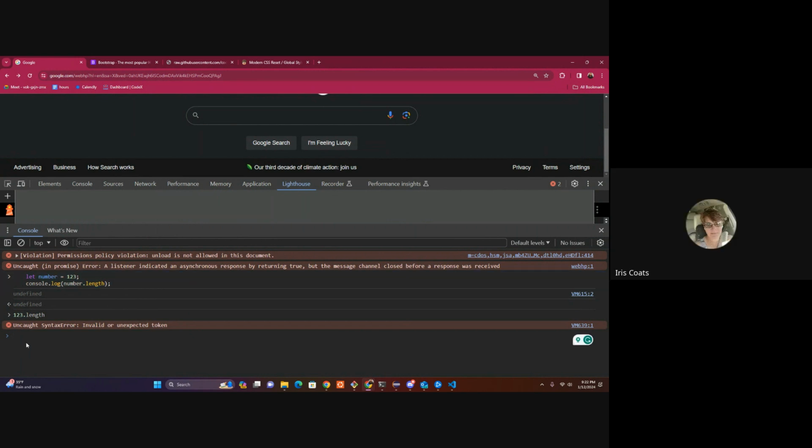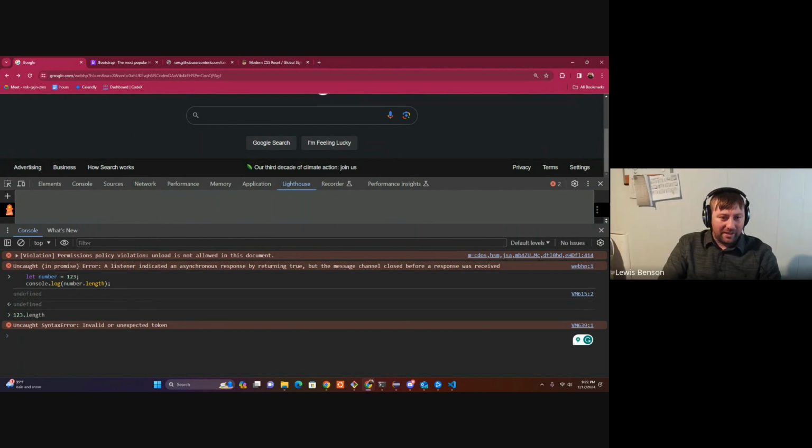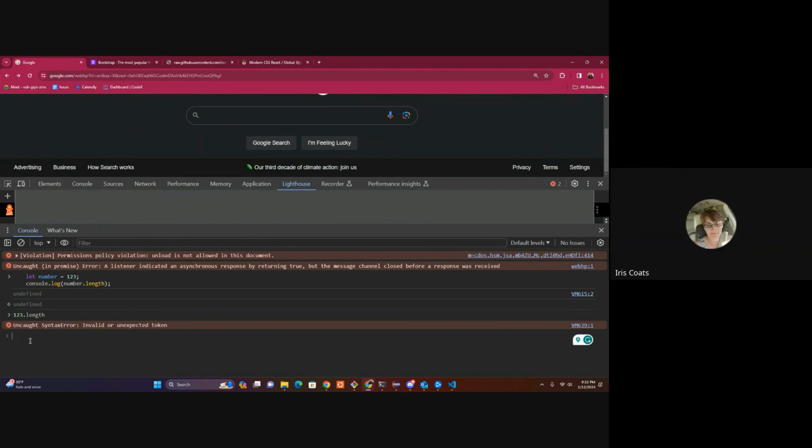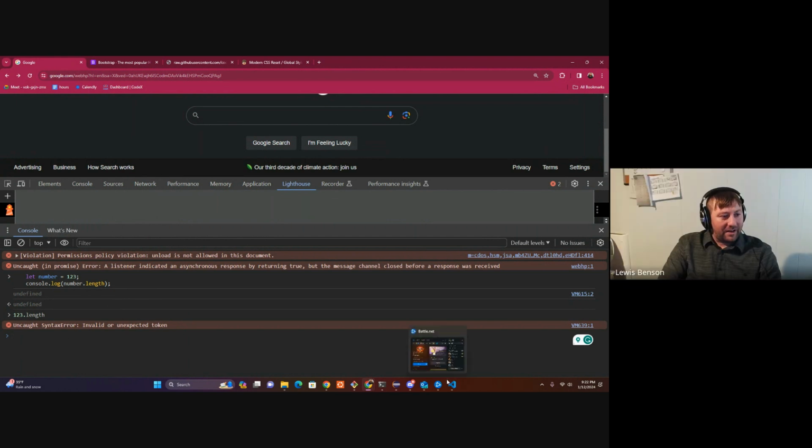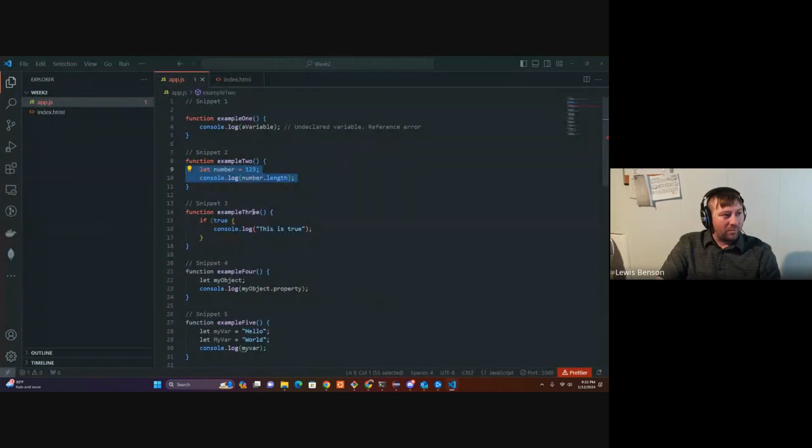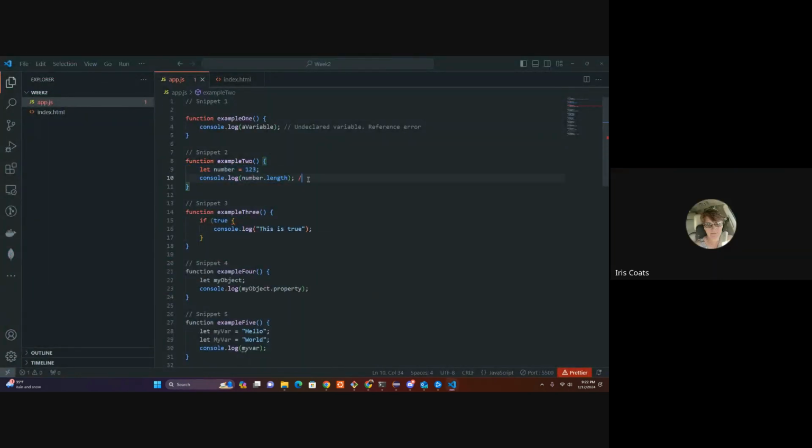Interesting. I have to update my notes on that one because it should have been a type error. Let's create a type error though. Let me go back to my code. I know there's a few type errors in here, so when we get to those, so this is creating a